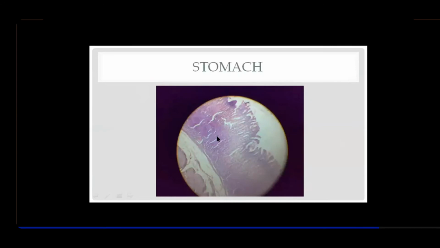Now look here. First of all, the mucosa is really thick compared to the small intestine. The mucosa of the stomach is very thick. Then these gastric glands are all tubular glands, especially in the region of the fundus. They are traversing the fundus and the body, the entire length of the mucosa. So these gastric glands, simple tubular glands, are reaching the entire length. They're traversing the entire length of the mucosa.